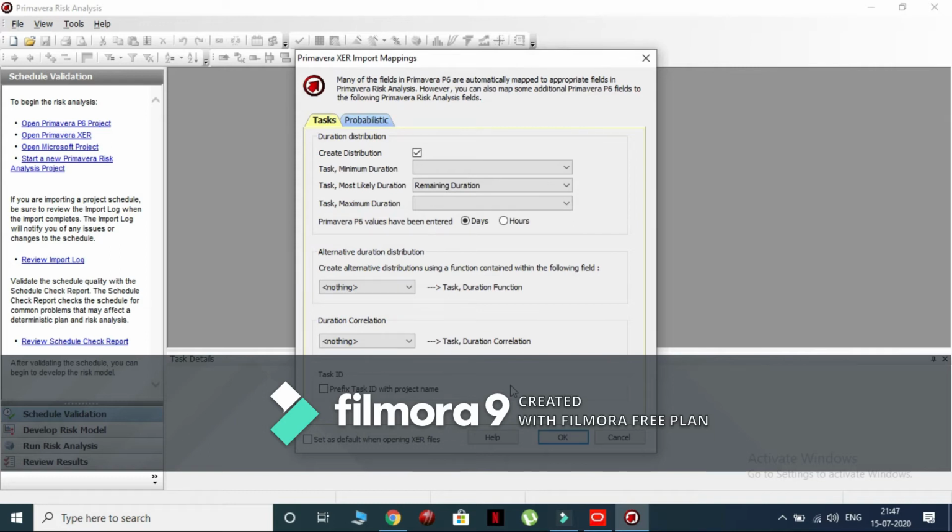In this window, we need not change any option; leave it as default and click on OK.